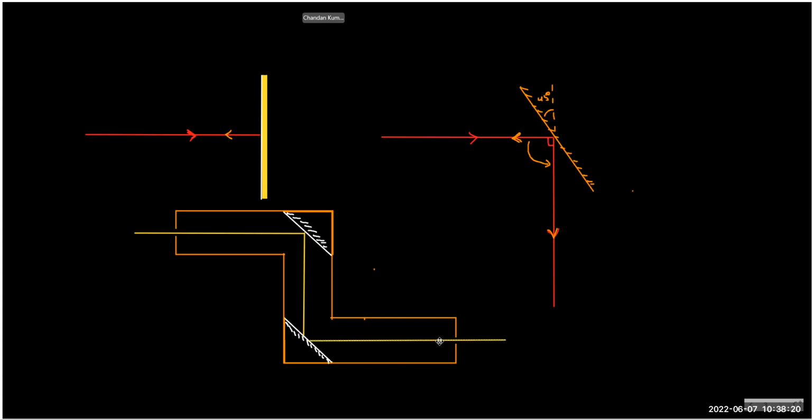Sir, we have to align them at 45 degrees so that the reflection is 90 degrees. Yes, that's true. So by aligning at 45 degrees in both cases,